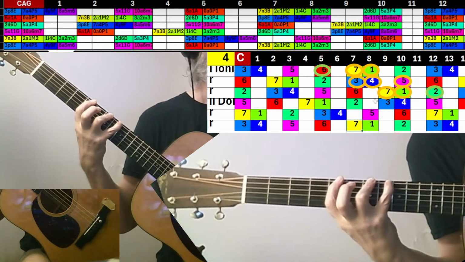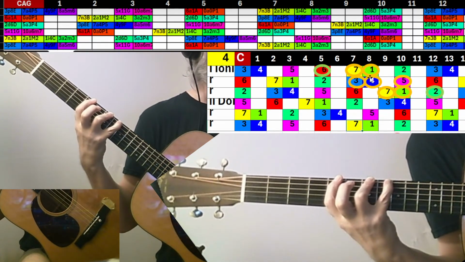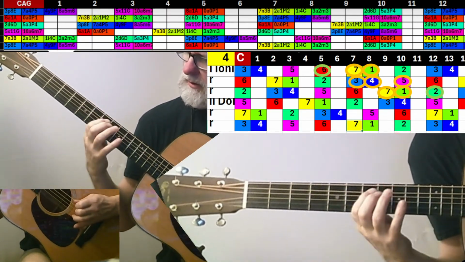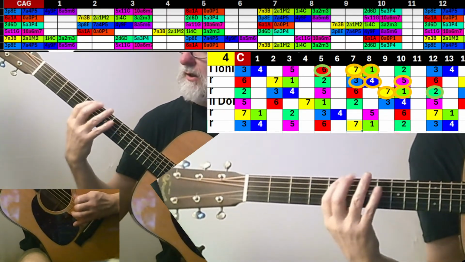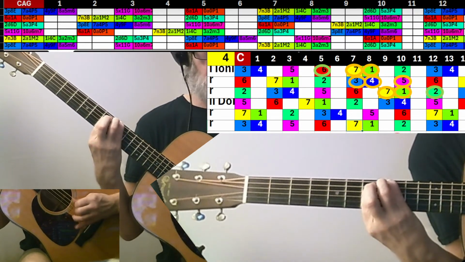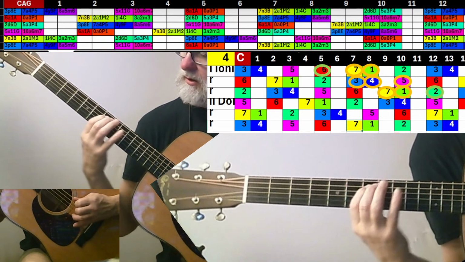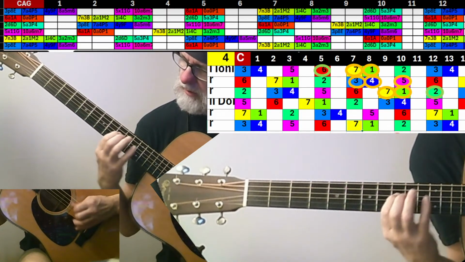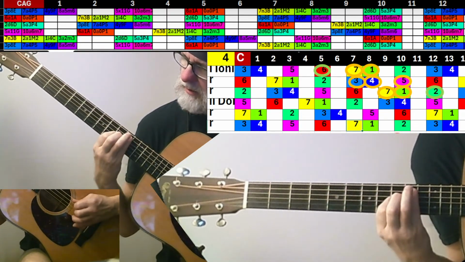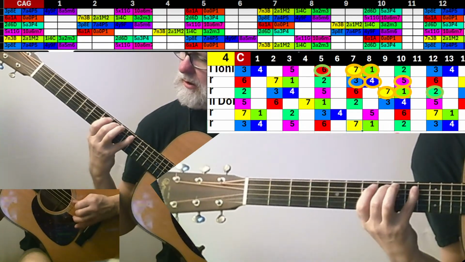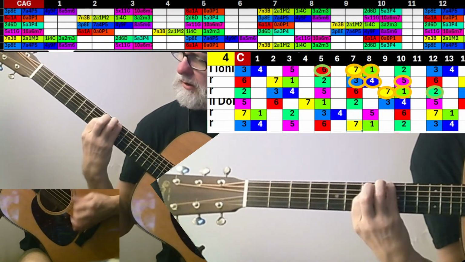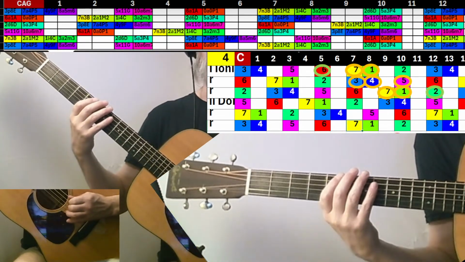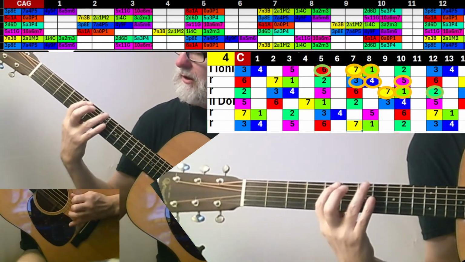I could do that the other way, saying if I have my pinky here, I can slide up like that, or pinky pointer. That's another way to do it. All right.